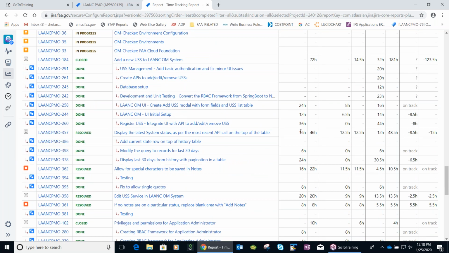Let me see one thing here. 16 plus 6 plus 24. Okay, got it. Now the way it works is it's cumulative. So 16 plus 6 plus 24, because all three are part of the same story. Land 357 is the parent one, and underneath that we have three subtasks, one, two, and three. Total is 46 hours.